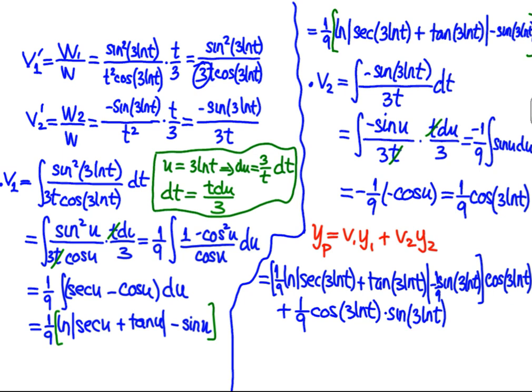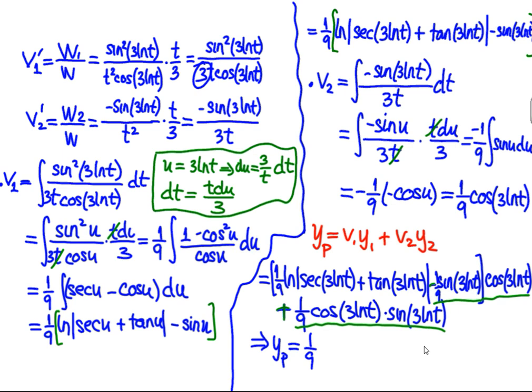Right. So we have 1 over 9 sine of 3ln(t), and then multiply this with cosine of 3ln(t). We have a sine and cosine times 1 over 9, which will cancel with this because of the minus and the plus. So when we simplify those two, the particular solution is just 1 over 9 ln